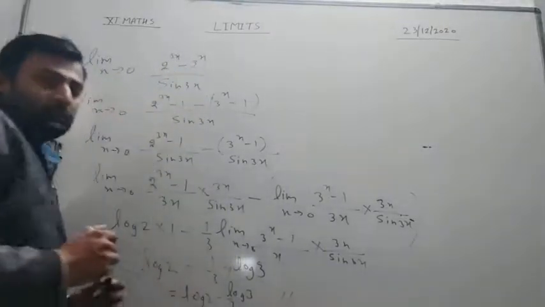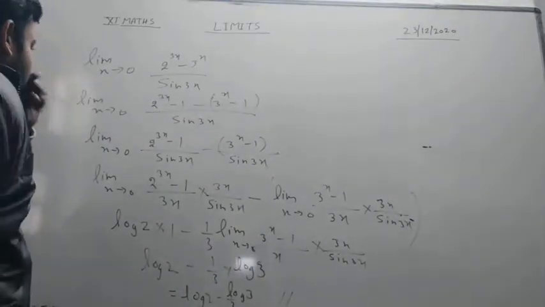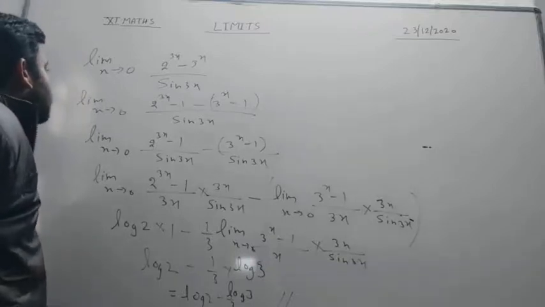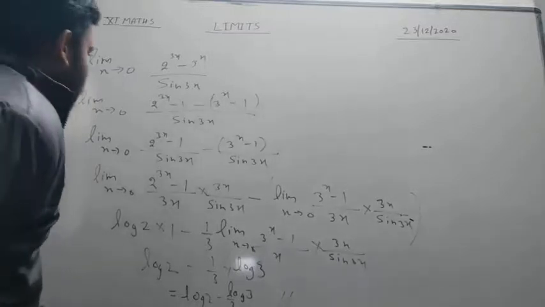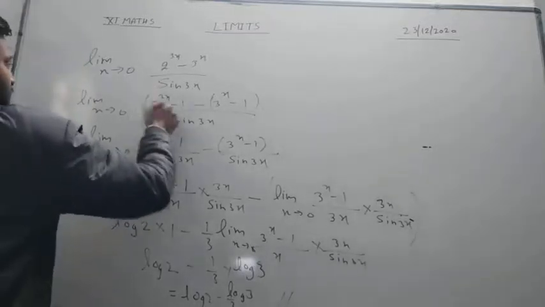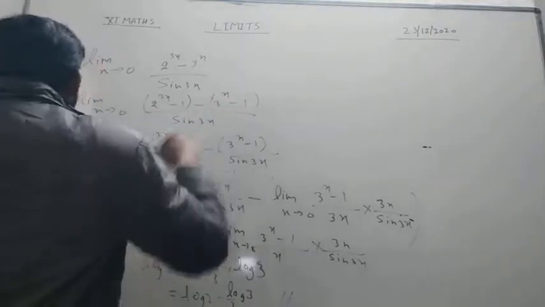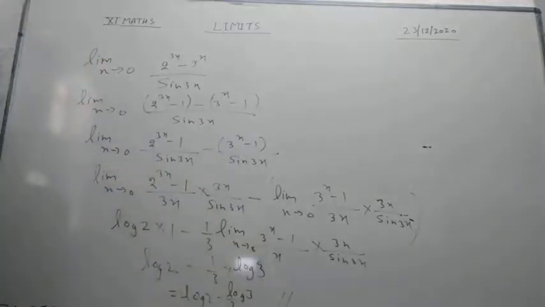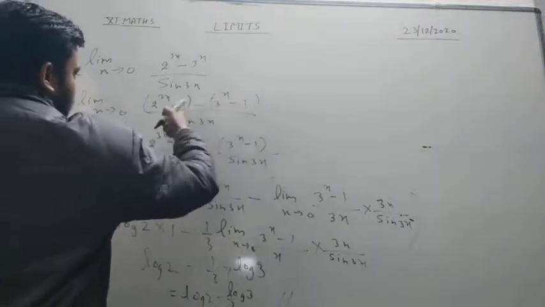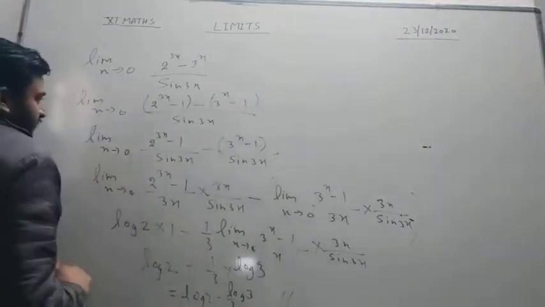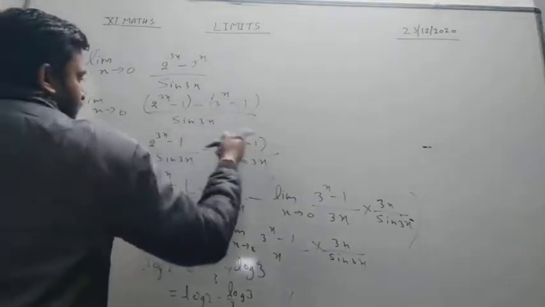Okay student, so let's see once again what we have done. Limit x tends to 0, 2 to the power 3x minus 2 to the power x by sin 3x. First of all, we have taken -1 here and -1 here. When we open this cell, it will be changed into +1, and -1 will be cancelled. So limit x tends to 0, 2 to the power 3x minus 1 by sin 3x, and this part with sin 3x.